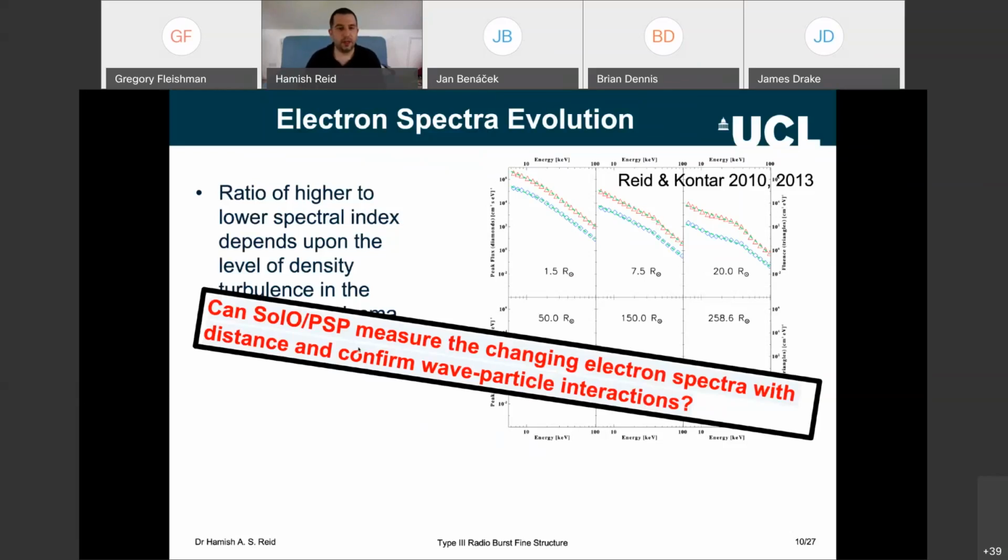Yes, that's no problem. I have some slides at the end, but I can just talk about it. The electron beam is injected into the solar corona. It's injected as a power law distribution with a spatial extent and a temporal extent. And it's injected into a background plasma, which uses the Parker solar wind density model.